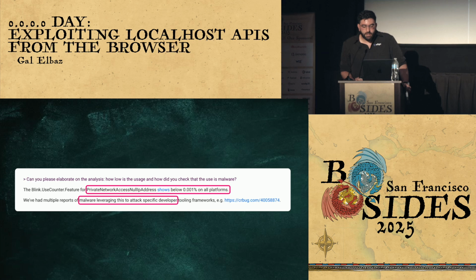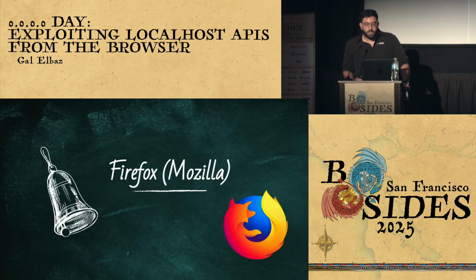It also serves as a way for them to measure those things, from the ability to see a growing number of websites that are maliciously using it, and in their own words, malware leveraging this attack to specifically attack developers, as we mentioned. I don't know if it was only our example or the fact that they know something that we don't. But they did a great job trying to work it through. I think they disclosed that and fixed it, and they even gave us a bounty, but it was breaking a lot of websites again, so they rolled it back. So right now it's not